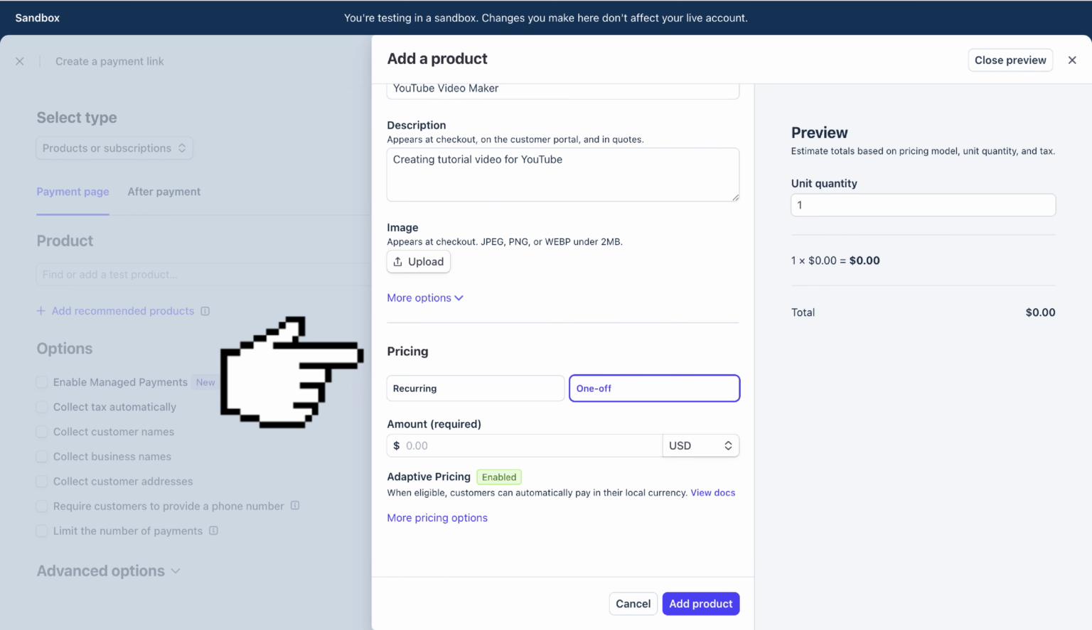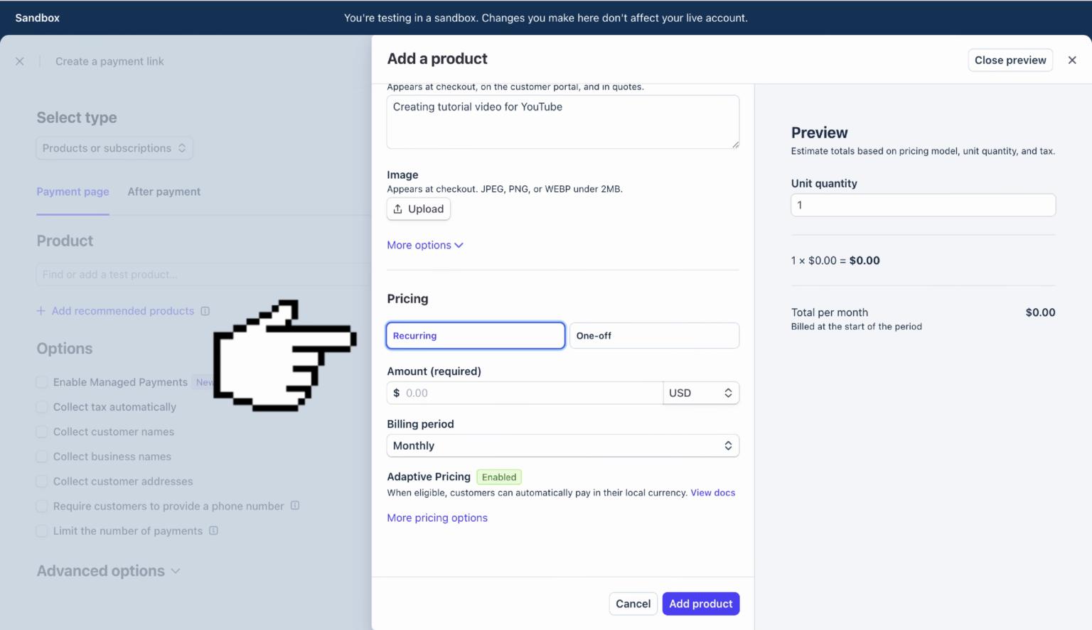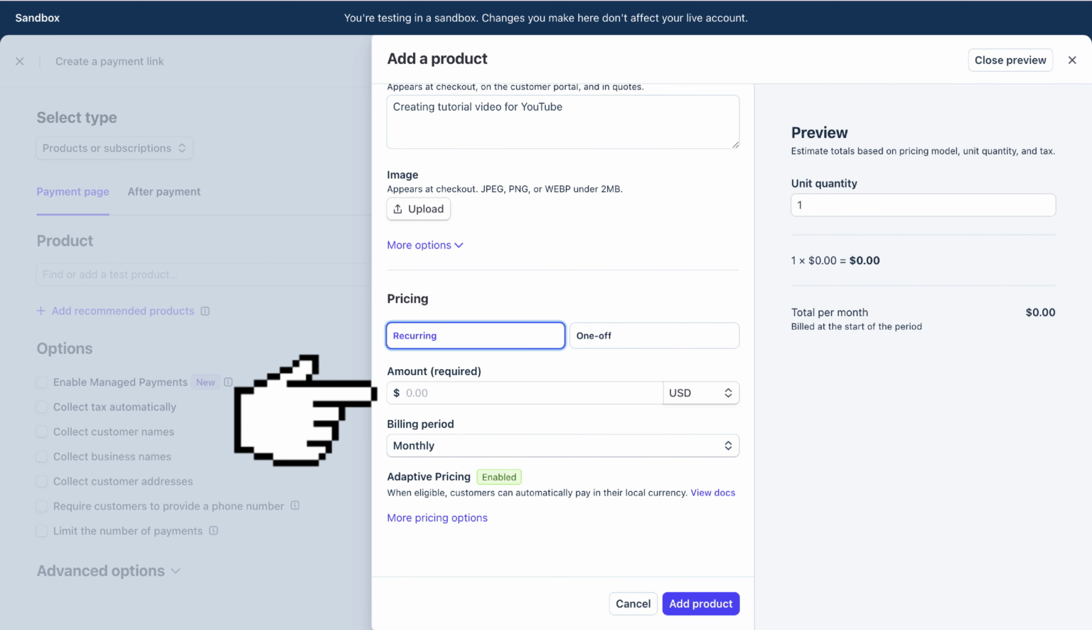Then at the pricing, you may select one-off if it's a one-time pay, so your client or customer just has to pay one time and no other payment following. Or you can also select it to be recurring, where customers have to pay at a certain time, like daily or weekly. This pricing is usually used by those who are offering a subscription base. And then you may insert the prices over here as you intended